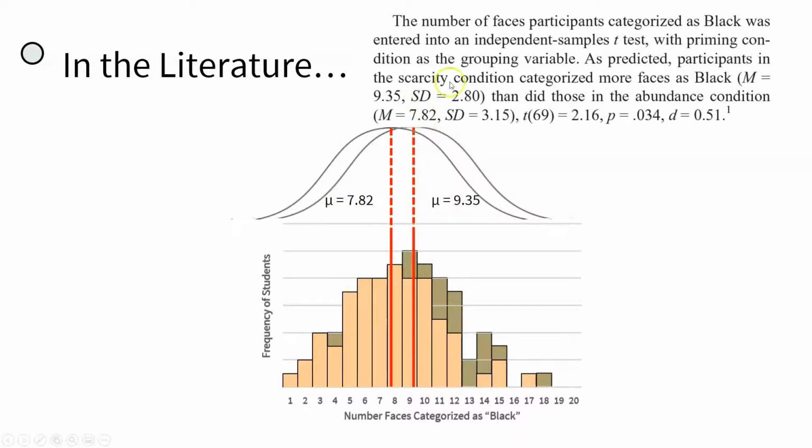And the people in the scarcity condition, if they were asked to do this, would have categorized 9.5 or so of the faces on average as black. And if we look at these two populations, we're imagining here that it's possible that there is a real difference between the number of faces that people in the population would have categorized, if they're attuned to the idea of scarcity or if they're attuned to the idea of abundance